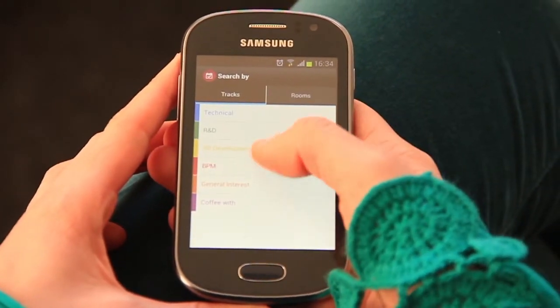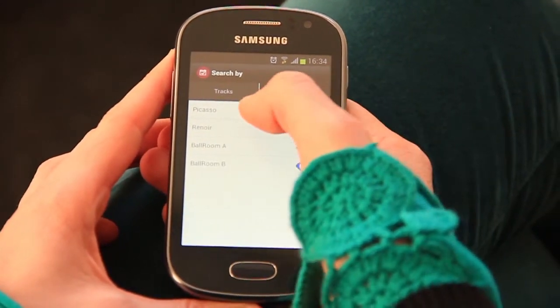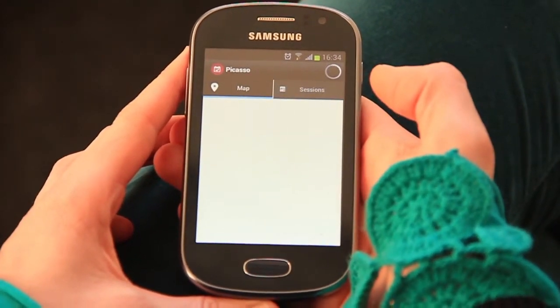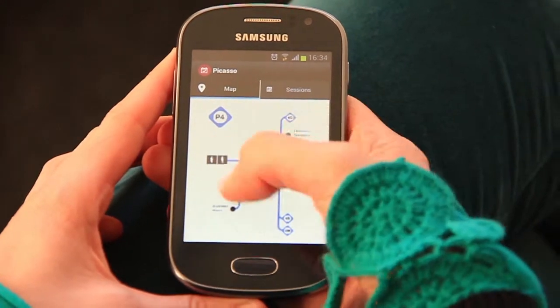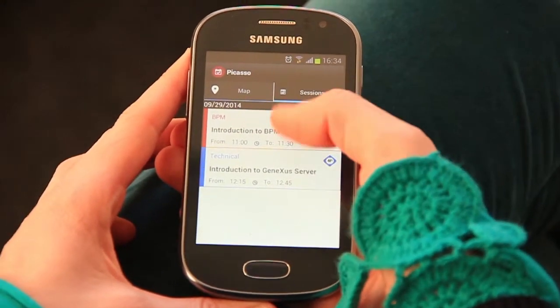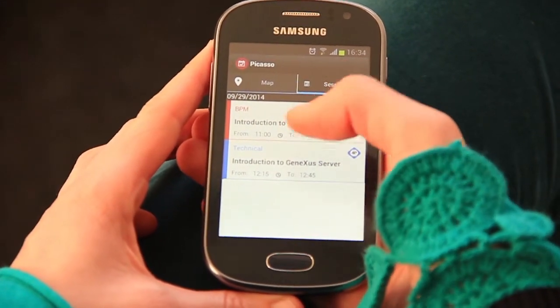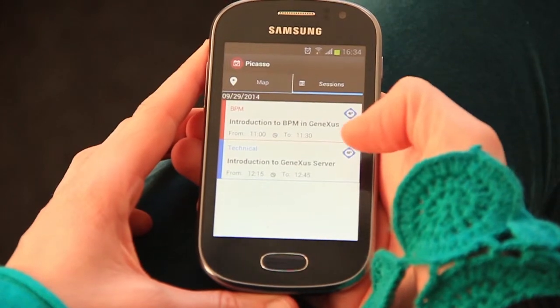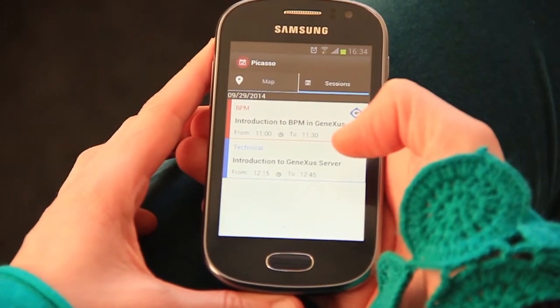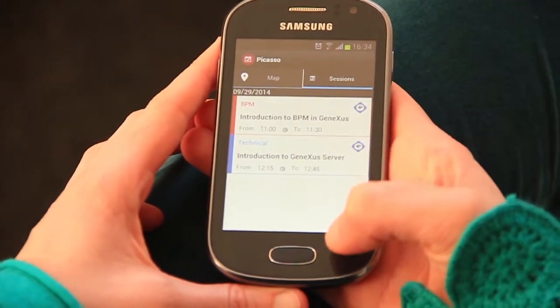In Android, we can see the list of tracks and rooms. If we select one, we see the map as a tab, and the sessions that will take place in that room as another tab. So, we see that there are differences between platforms and that we'll be able to design layouts according to the platforms. We go back to the menu